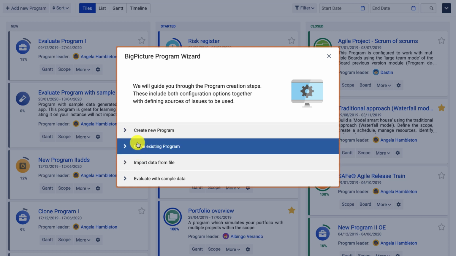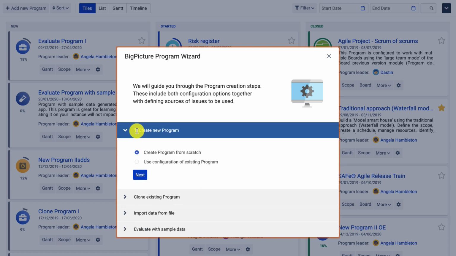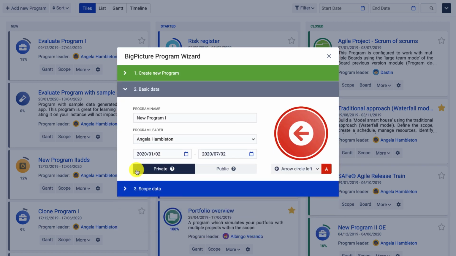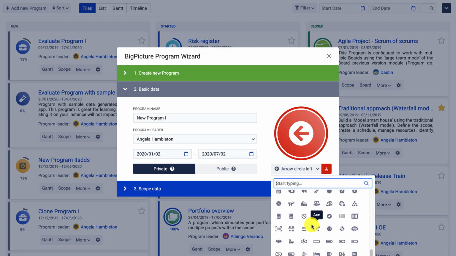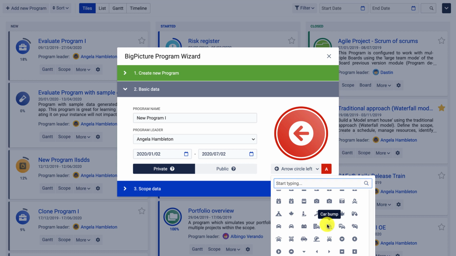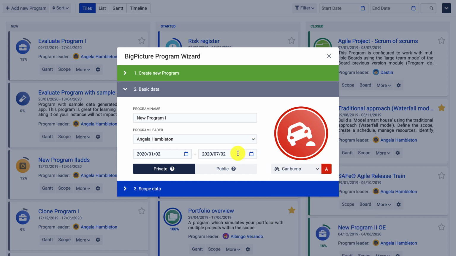Other than that, we can also create new programs from scratch, or if you already have your favorite program configuration, you can apply this configuration and simply save time. If we click next, we'll be required to enter this basic program data that I already mentioned. The initial permissions also, you have a set of hundreds of icons to select from and organize your programs